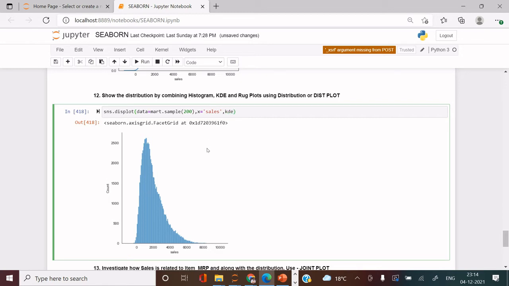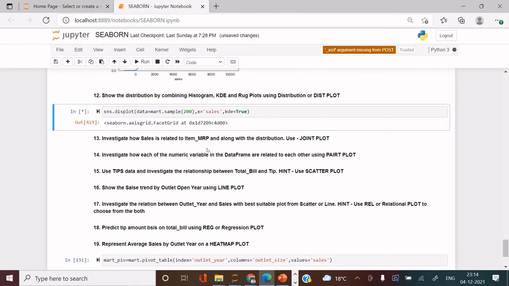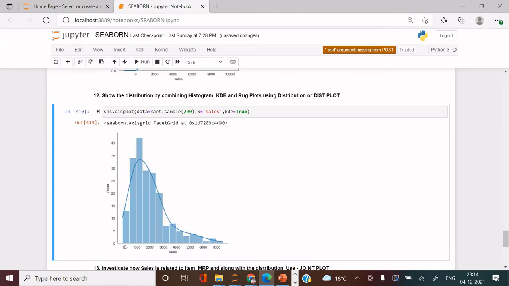I'm going to set KDE equals true. Let's run this. Now we can see the distribution is shown along with the histogram, and you have a kernel density estimation line as well. This shows the same distribution but with different plots.